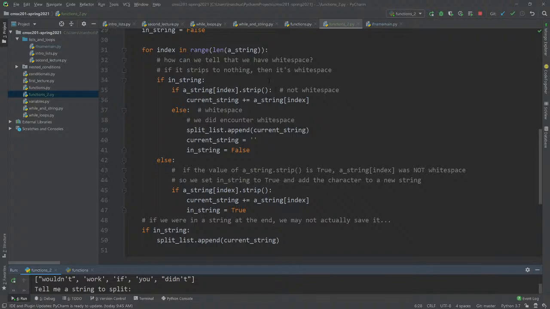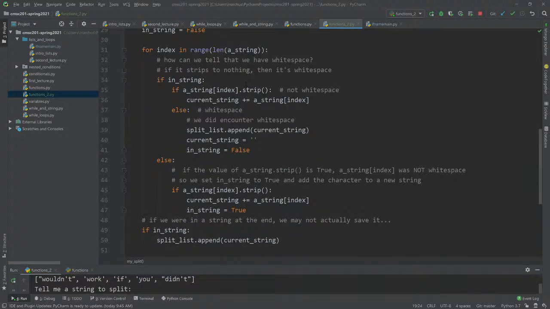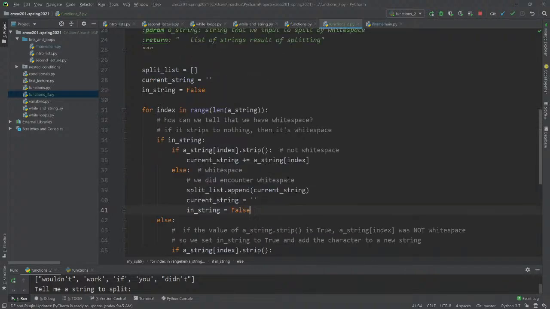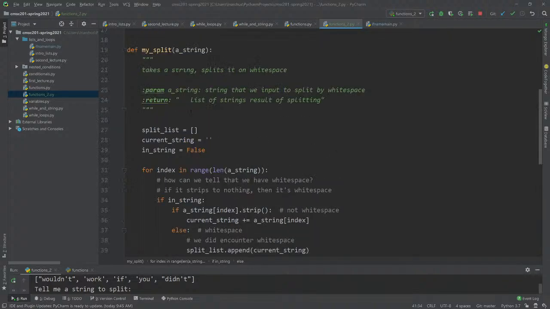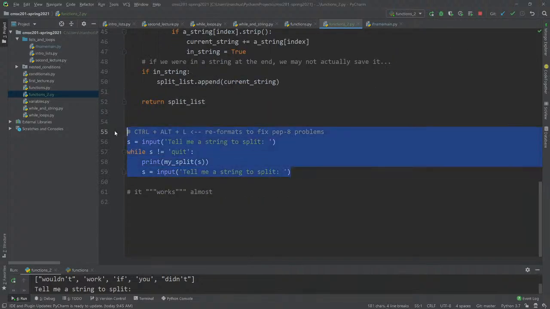All right, so I think that's good. It feels good to write. The reason why you might say, well, why would you ever rewrite the split function? The answer is, in your actual life, you never would. You would just use the built-in Python split function. The only reason we're doing this is for educational purposes, for thinking through the problem, for trying to understand what's going on. We're not doing it because we legitimately need this thing. This thing already exists.